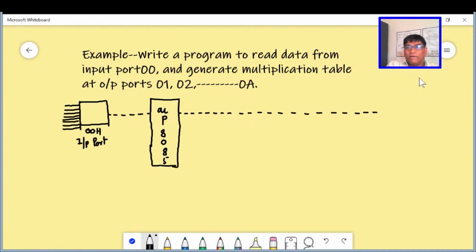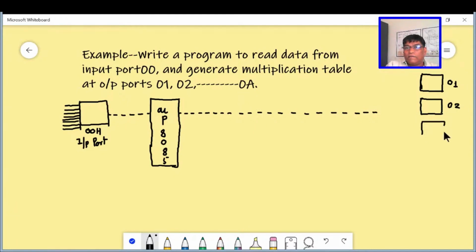will have several output ports, say starting from output port number 01, then we'll have 02. These are the port addresses.